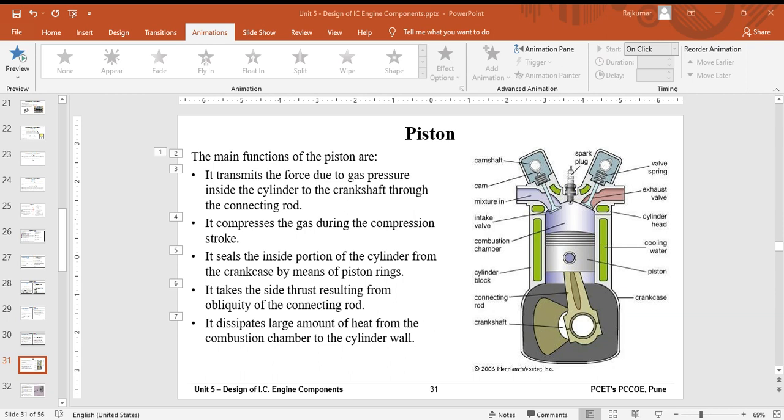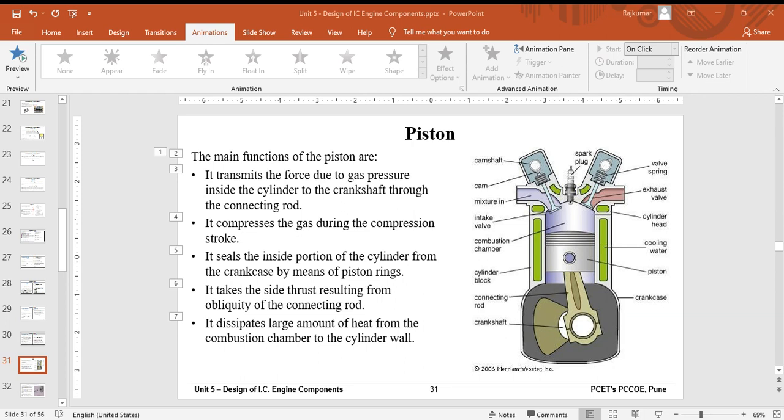In some cases, the material properties like ultimate tensile strength and factor of safety are not specified. In that case, the allowable bending stress for cast iron is taken between 35 and 40 megapascal, whereas for aluminum alloy it can be taken as 50 to 90 megapascal. So if the material properties are not given, you can choose values between the given range.